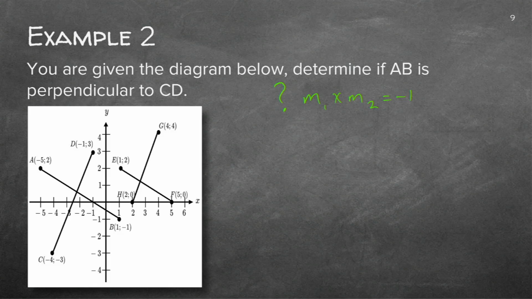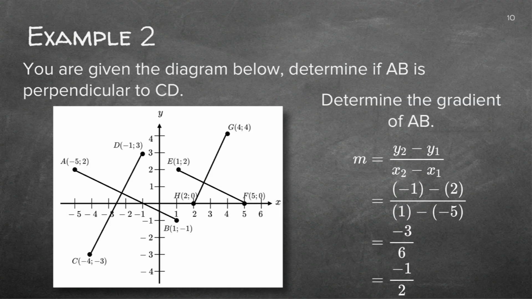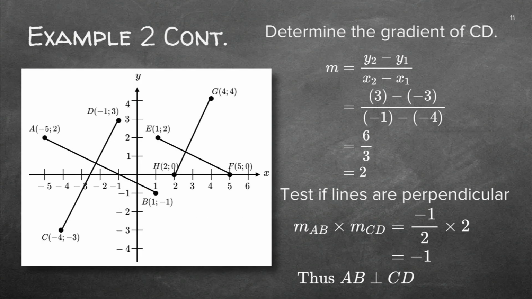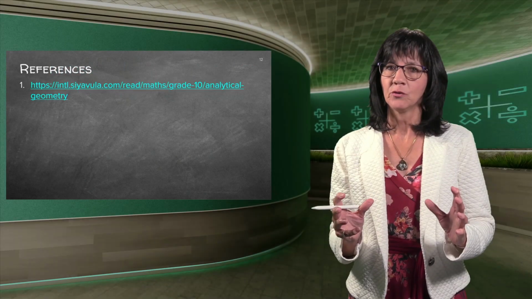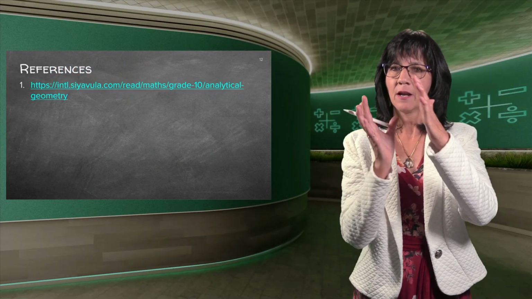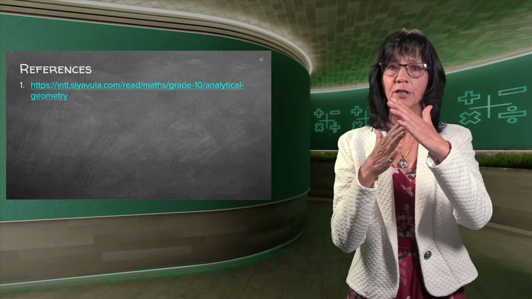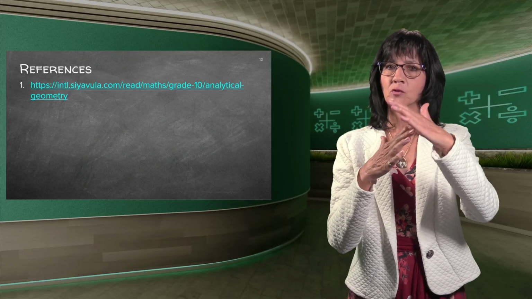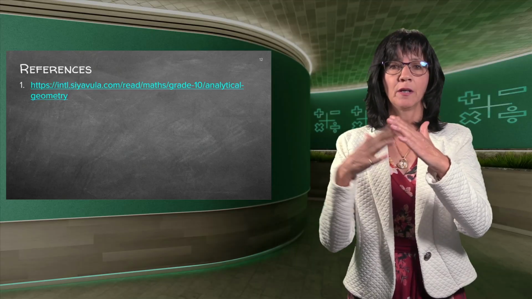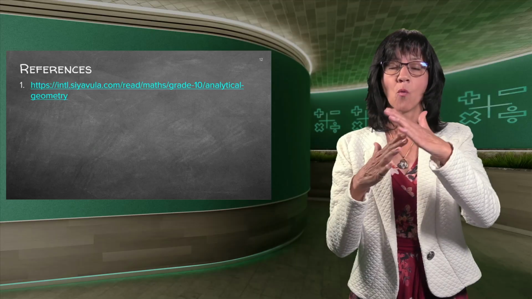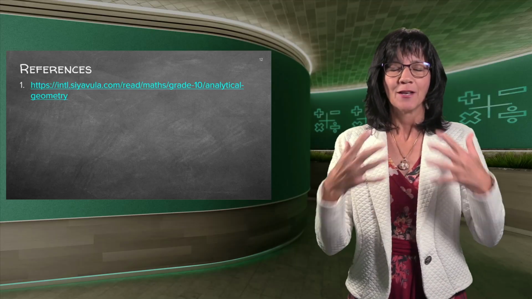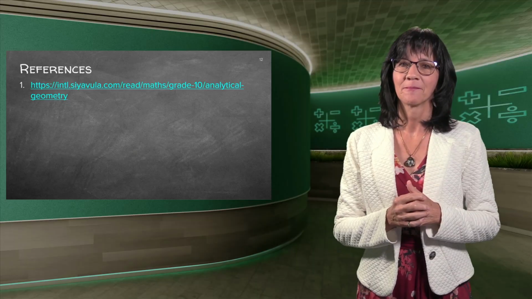Now, there's another part here, line GH and EF, which you can also go and try and do on your own. There's the answer of the previous one, just as we've done it. And there's the final answer, that they are perpendicular. So as you see, really easy. You need to know very basic things. Lines are parallel: they've got the same gradient because they've got the same direction. Lines are perpendicular: they are in different directions, and that's why the answer also always needs to be a minus 1 if you multiply them with one another. It's minus 1 because they are totally perpendicular. Good luck with practicing. I'll see you next time.